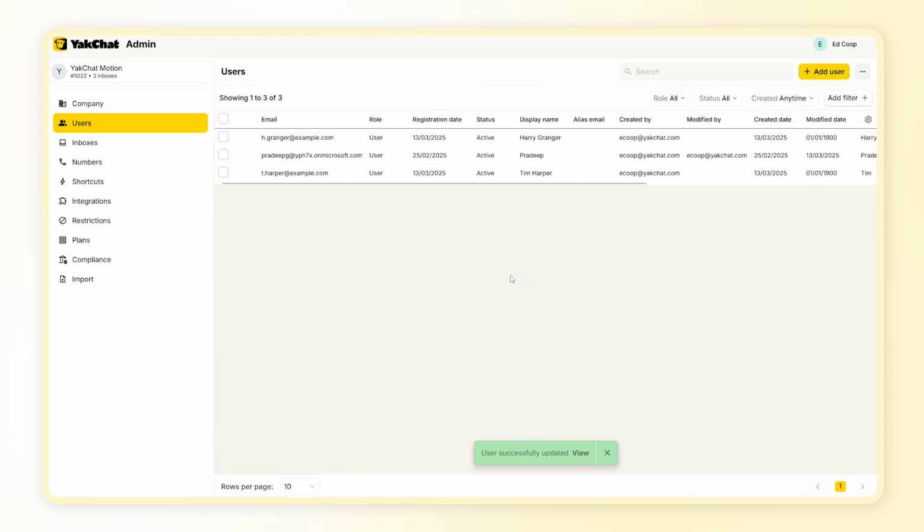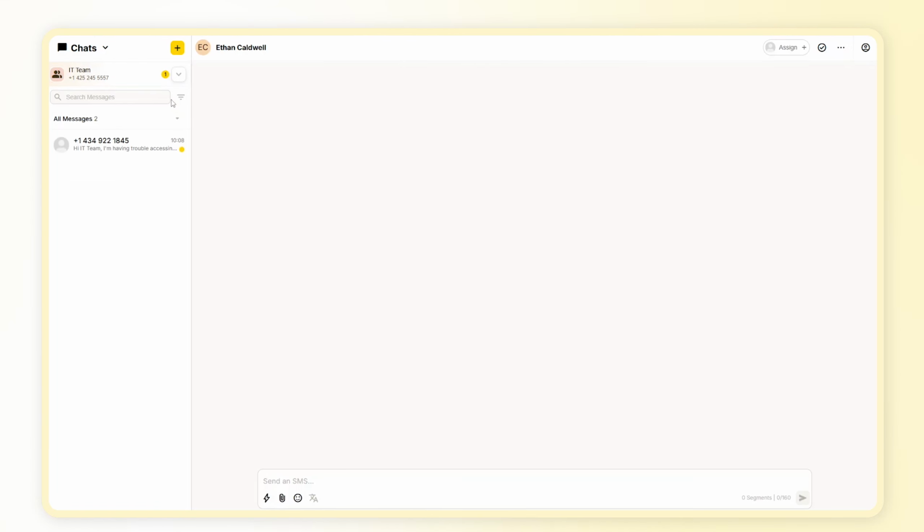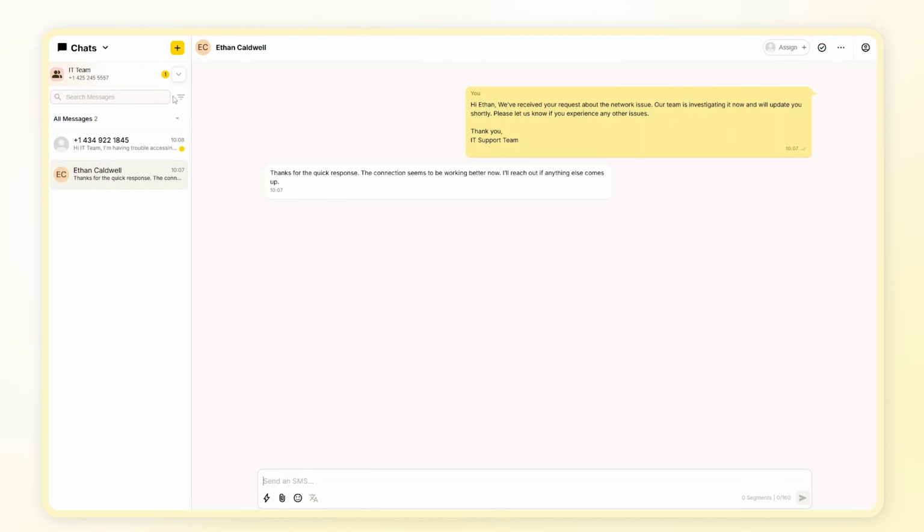Now let's take a look at how this works in the Yak Chat app. When a user is assigned to multiple inboxes, they can switch between them using the drop-down menu at the top. You can also set a default inbox that opens automatically when you start the app and is the default inbox